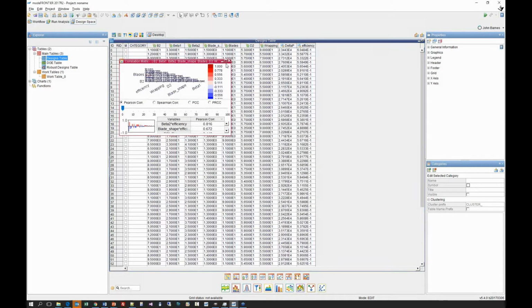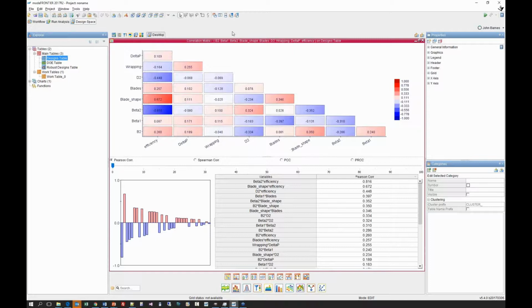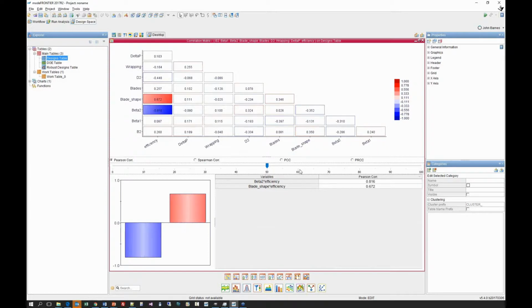Now we could add the outputs, and if we were to establish that the inputs had a low correlation, now we could start looking at the efficiency and the delta P, which are our two outputs, and start making some conclusions about their correlation. If I was to filter out anything that has less than 0.6 correlation, then we could start seeing that the strongest relationships are blade shape and beta 2 with relation to the efficiency. And then I could start moving down the filter and seeing which is the next strongest correlation. So that's doing it in this triangular form.